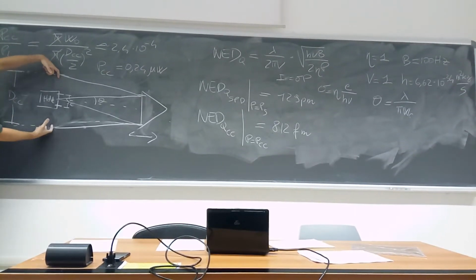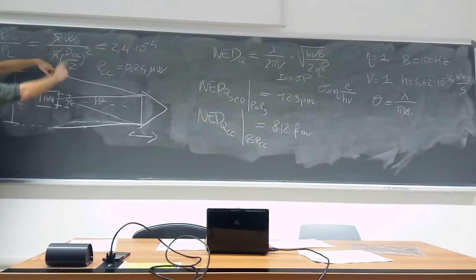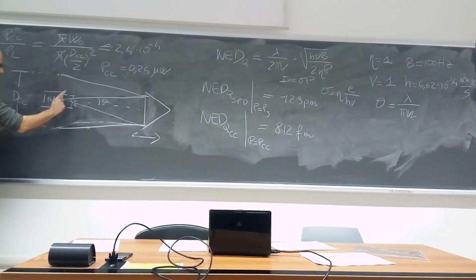So all the power that can re-enter the cavity is just the power that falls inside the output area of the mirror, okay? So of all this power, just, okay,